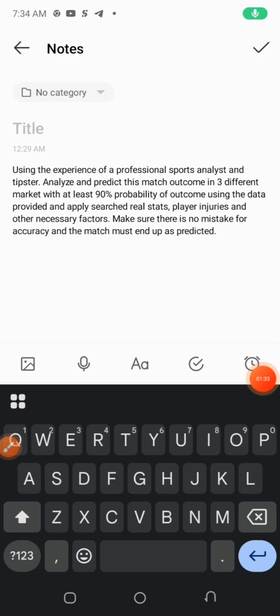Here is the prompt that we are going to be using, which says: using the experience of a professional sport analyst and tipsters, analyze and predict this match outcome in 3 different markets with at least 90% probability of outcome using the data provided, and apply search for restarts, players' injuries and other necessary factors. Make sure there is no mistake for accuracy and the match must end up as predicted.